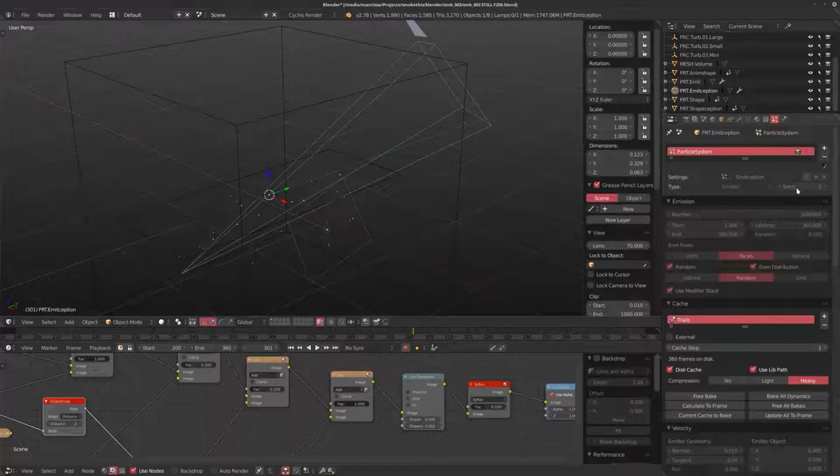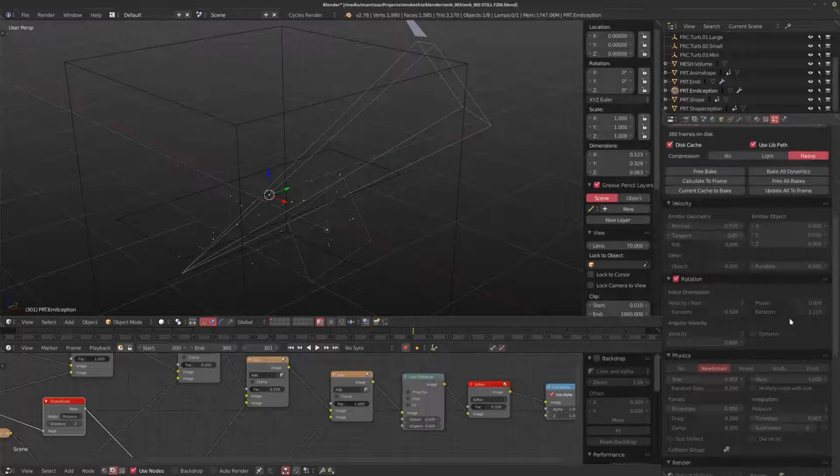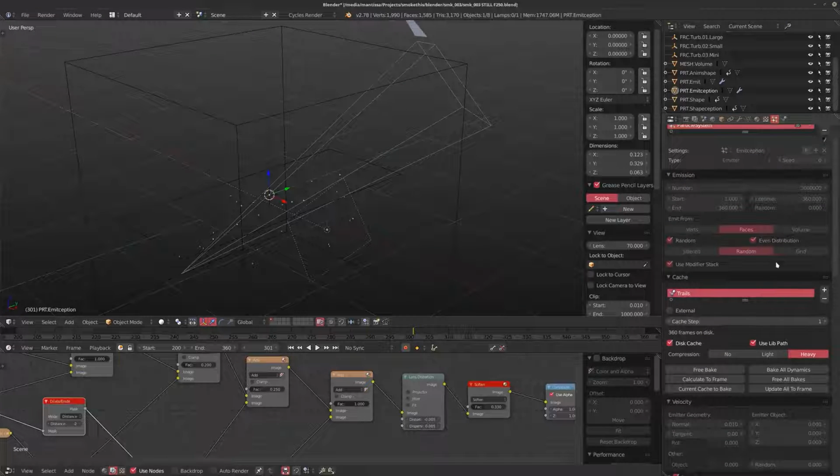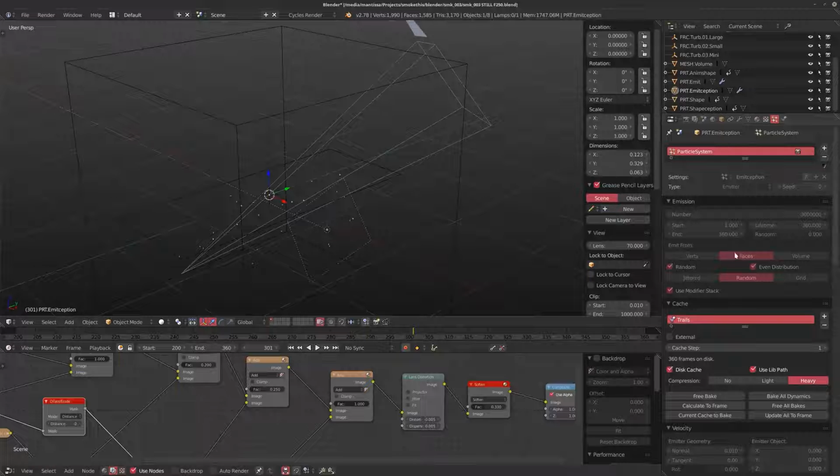I turned this one off in the viewport, and still it can be very slow because it's still loading stuff in the background. I don't think Blender's particle system was necessarily meant for this type of work, but I just wanted to show with this video that you can do it if you're willing to wait a little bit. I can't remember how long this cached. I know it took a while, but like I said, if you're off to make dinner or whatever, you can just hit bake and go have some dinner, or go out and have a drink and come back and see if it's done, or leave it overnight or anything like that.